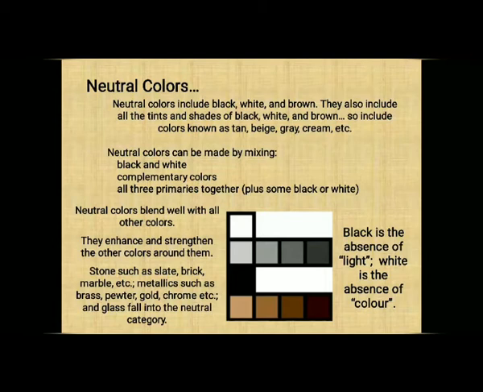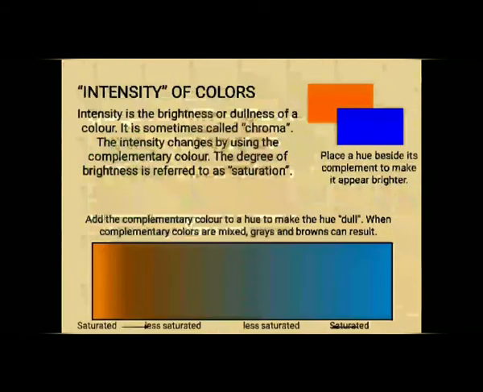Okay, so next we have various other things to understand, that is intensity of colors. Intensity of colors is the brightness or dullness, how intense the color is. If you take white and black, then it's called value. We already discussed it in the elements of art and design. Now if you take two opposite colors, they are called complementary colors. The complementary colors have a saturation value and a desaturation value, less saturated and highly saturated. So this saturation is called intensity of colors.